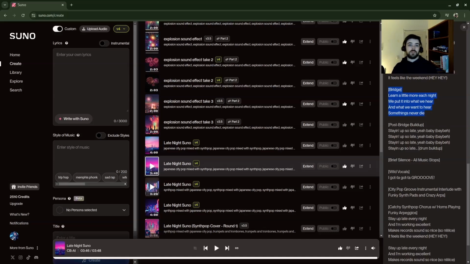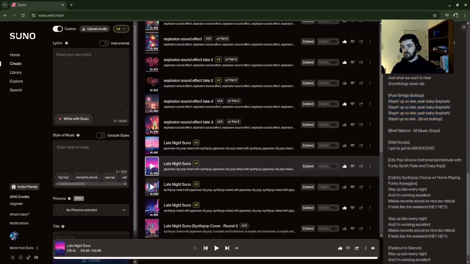The bridge gives us a new flavor. It slowed things down a little bit, let us take a breath in this song, catch a breather before we start running again. And then we had this staying up so late, yeah, baby. That was great. This whole section played out really well. I believe there was a little bit of a stop, even if it wasn't a full-on complete silence. He says I gotta groove a little bit better, more naturally in this section. And then the instrumental interlude, I believe there's twice in here, but it was really great overall how it came out.